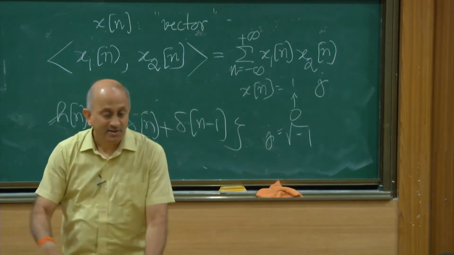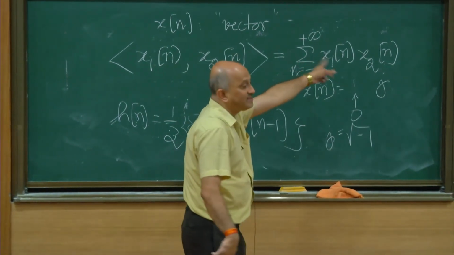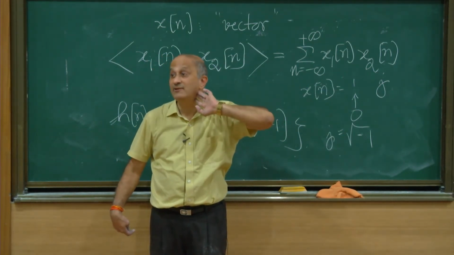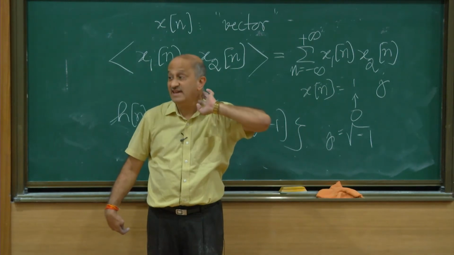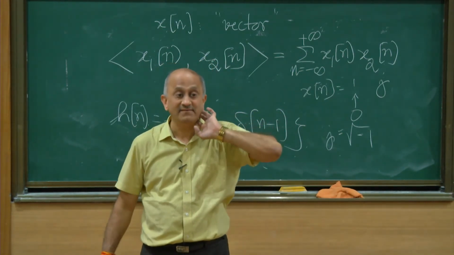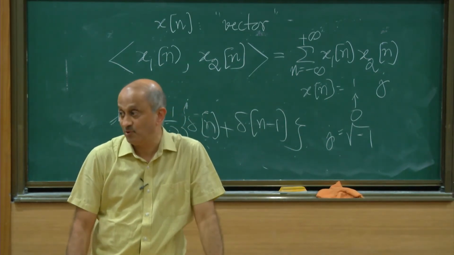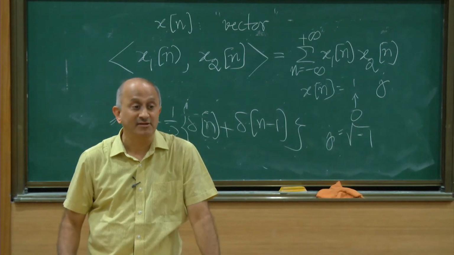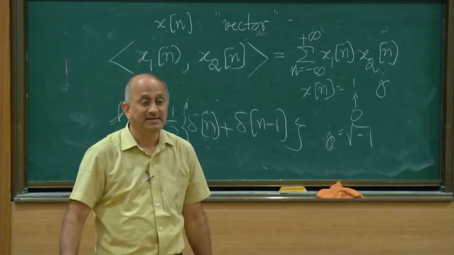And if I use this idea of the dot product, what would be the so-called dot product here of x[n] with itself? 0. So that's not good, isn't it? Because you have a non-zero vector which gives you a 0 dot product with itself. You don't want that. So should we make a little change in our definition of the dot product so that this doesn't happen? Well, a very small change will do the job.